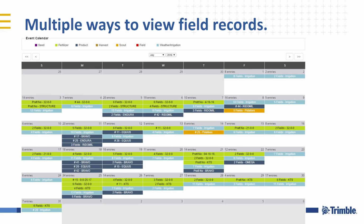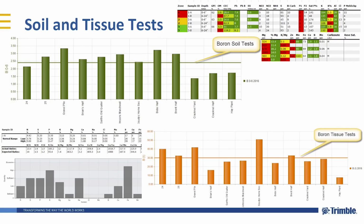So over a week or over a month, what do you have to do, what's planned, what's happening, what actually happened, and be able to view that and send people out to the right fields to do the work is another piece of information. And then soil test data, analytical, tissue tests, be able to bring that into one spot,